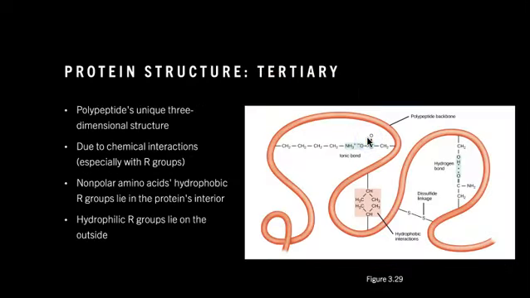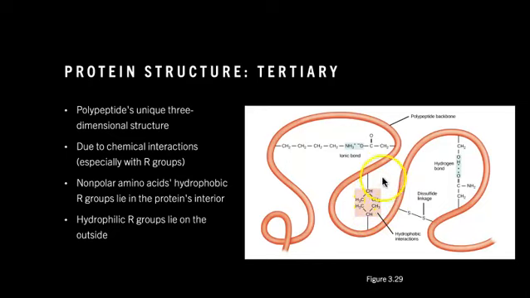Now for our tertiary structure, this is going to add that 3-dimensionality to it because of chemical interactions between the R groups of the amino acids. We'll see that certain R groups will repel each other and others are going to be attracted to each other, sometimes even forming ionic bonds. We'll see interactions between things like the cysteine side chains to form what's known as disulfide bonds or linkages, and